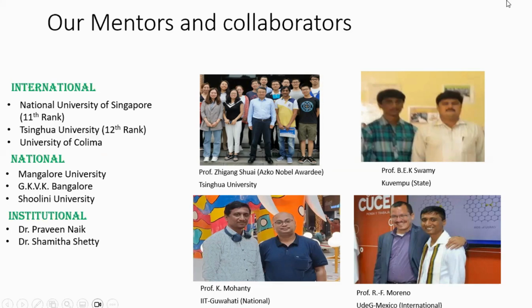Here we can see we are collaborating internationally with NUS, Tsinghua University, and University of Colima, and nationally with GKVK Bangalore, Mangalore University, and Shulini University. Within the institution also we are collaborating with certain researchers who are developing catalysts, and we are getting catalysts from them,